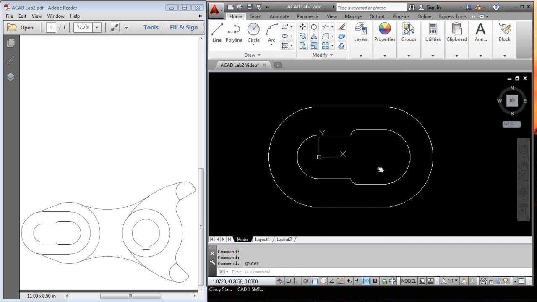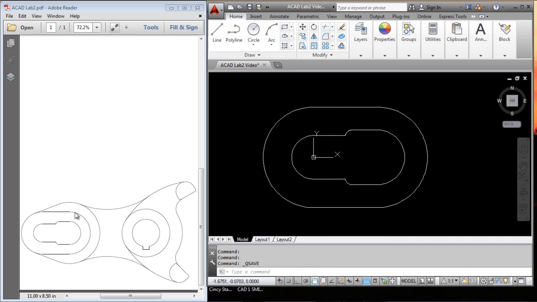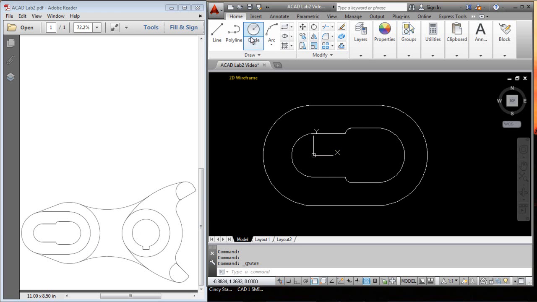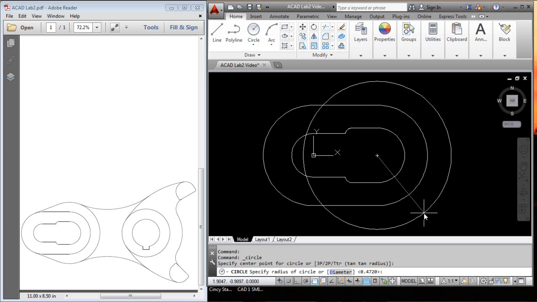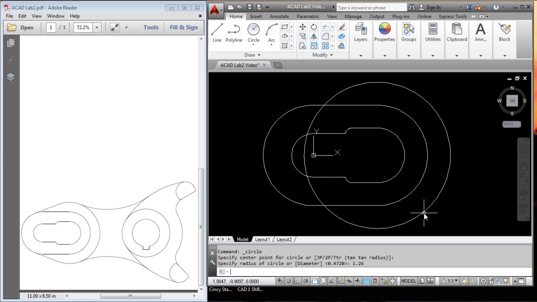Now, I'll continue on a little bit here. I want to go ahead and draw some more of this side over here. So to do that, I'm going to draw a circle again at the center of this, and its radius, I believe, is 1.26. Okay, and then I need to draw a line that goes tangent to this arc and tangent to that arc. So I'll draw a line,